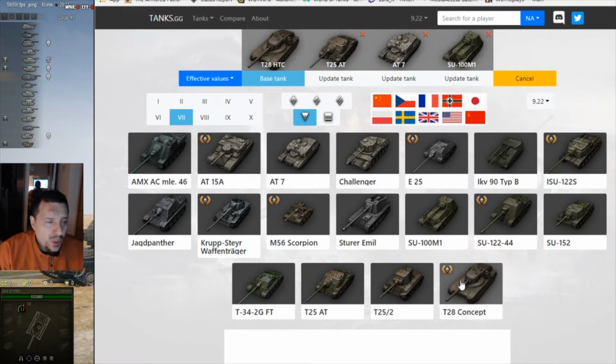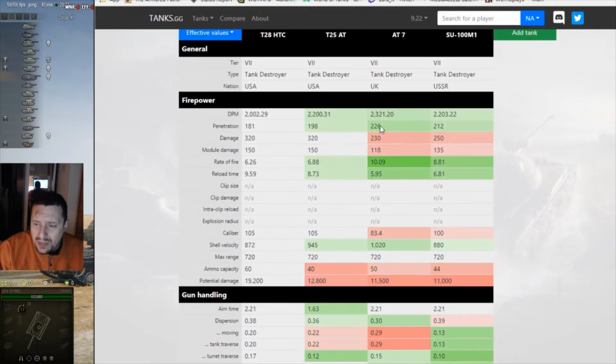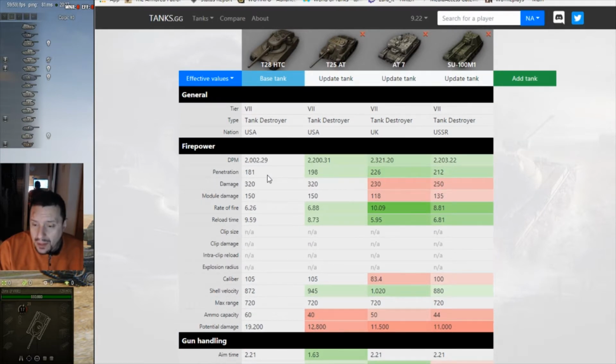this tank, the T28 HTC, the T28 concept, is a tank that relies on armor, and usually tank destroyers at tier 7 have no armor at all, with the exception of the British one, and after patch 9.22 even this tank has some valuable frontal armor, so I have decided to pick only those four. We can quickly see that concerning firepower, damage per minute,